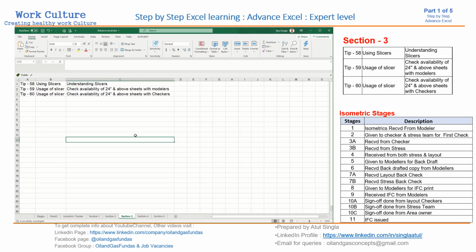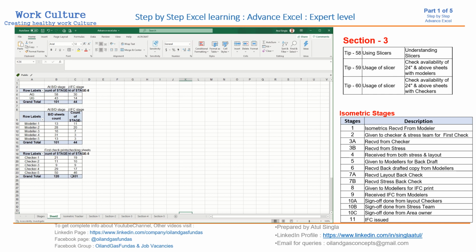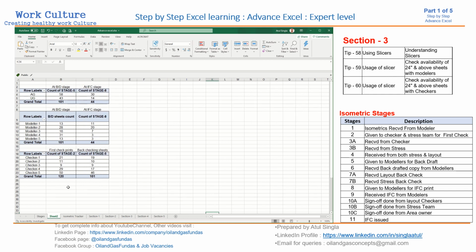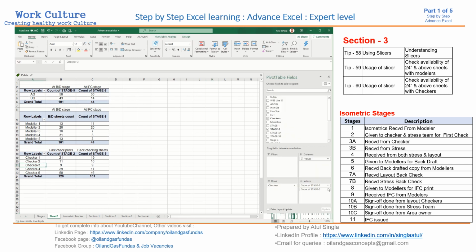So in the previous section we have created a few pivots, we extracted some data from our database to get the reports. Now in this section we are going to use the slicer property, how we can use the slicers to get even better reports. So let us go back to these pivots which we generated in our last section, where we had discussed all these four sections: filters, columns, rows and values. Now before directly going to the slicer, let us check out how filters are useful.